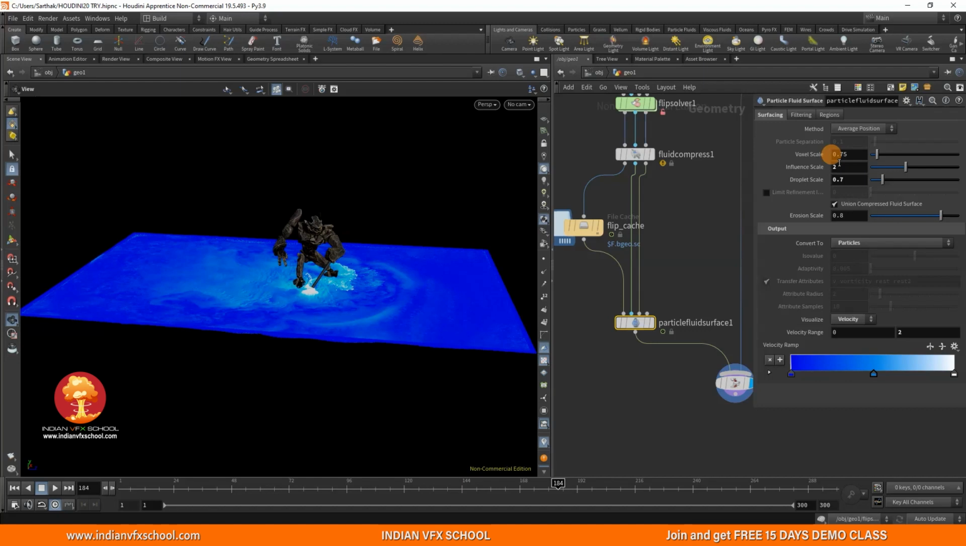And if you increase this number, you will have a smoother mesh. If you decrease this number, you will have a more noisy and detailed kind of mesh. So for large scale simulations, we tend to decrease this value, and droplet scale means the pscale of a particle, so how thin or how thick the mesh is going to be. We have already covered these kind of things in our basic series, so you can just check that out on the page. Alright, so I'll just change it to the surface polygons, turn off the visualize velocity,